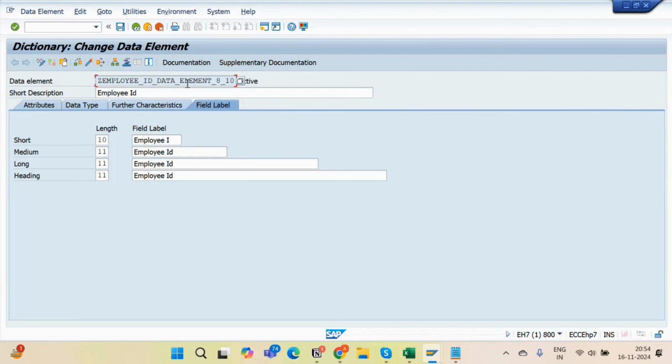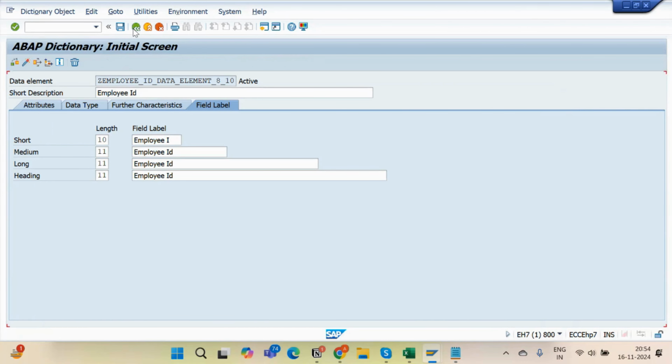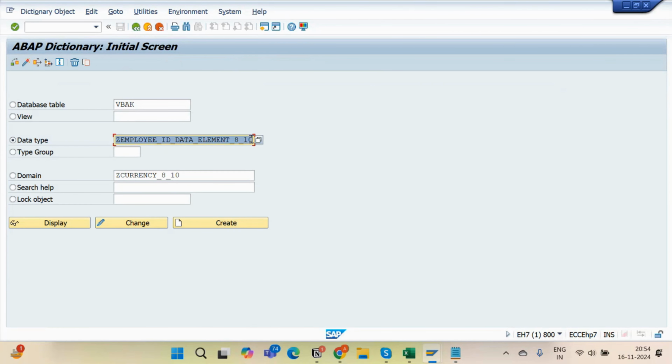copy it and now paste it. So the data element of my employee ID is ready. Now we can go for employee name. So let's change it to employee name,